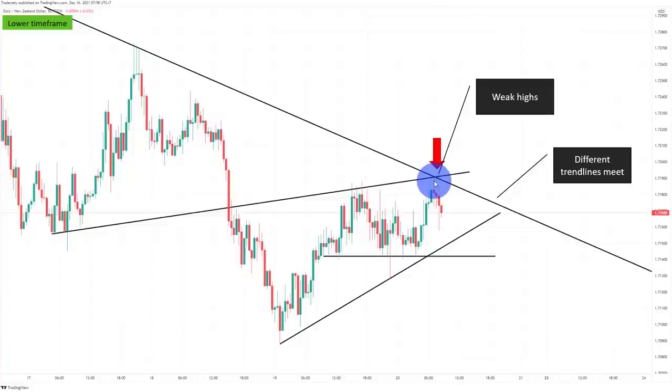So a lot of things are speaking for potentially more short. It's a little bit too early to just sell right here, but we have a lot of things that speak for this trade, right? We have the higher time frame downtrend, we have the trend line, we have the potential end of the corrective wave, we have the weak highs, and we have here the intersection of the trend lines. So we want to short, we just have to wait for the market to get out of the corrective wave. We need to see some momentum. We need to see that the market is continuing into the trend direction and get out of this sideways range,